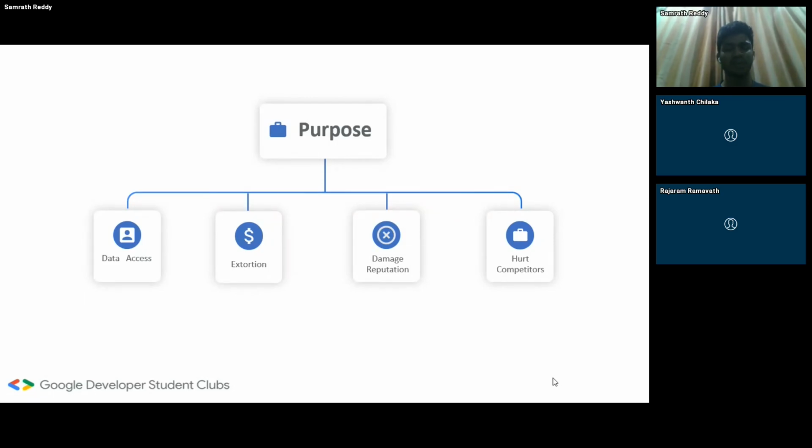Data access is when a hacker or an attacker gets into a company or an application's firewall and accesses it without authorization. The hacker attempts to access the data or modify it. Like when we want to change our college results, whenever we get a fail or bad marks, we think about how to change this or how to hide it. That is data access, and that's one of the purposes here.